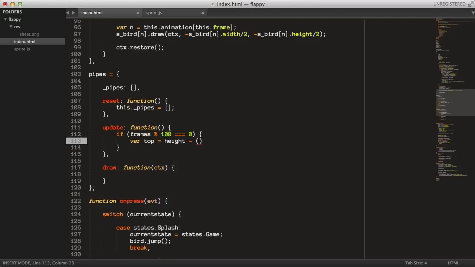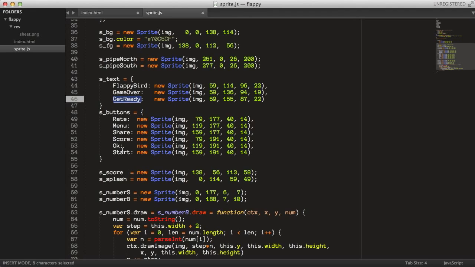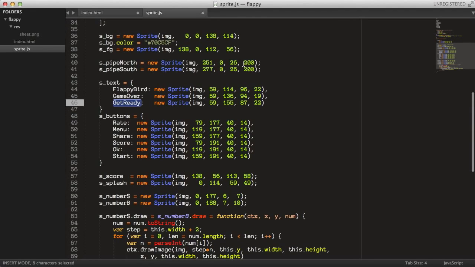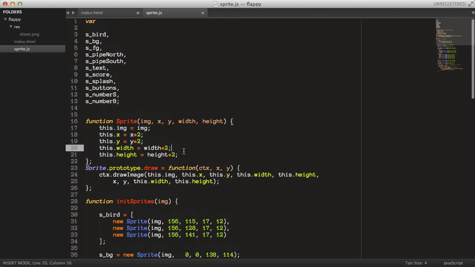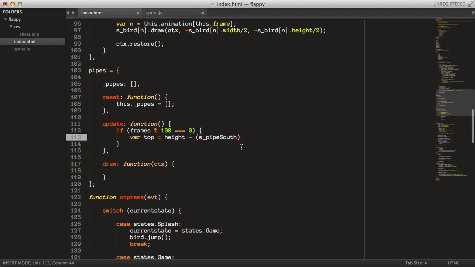Let's set that to the height minus the height of one of the pipes. It doesn't really matter since both the south facing pipe and the north facing pipe are both 200 pixels tall, or actually 400 pixels, since we are multiplying the width and the x and y position share by 2. But anyway, so the height of the pipe,